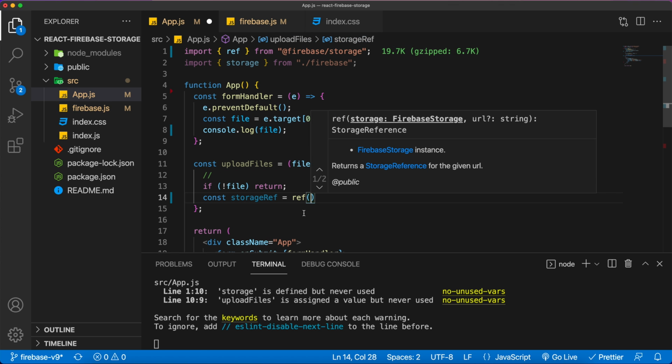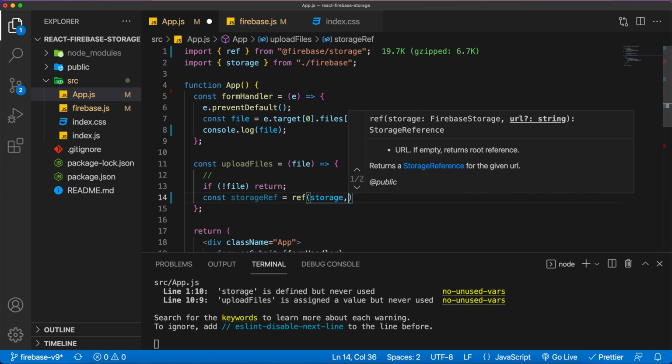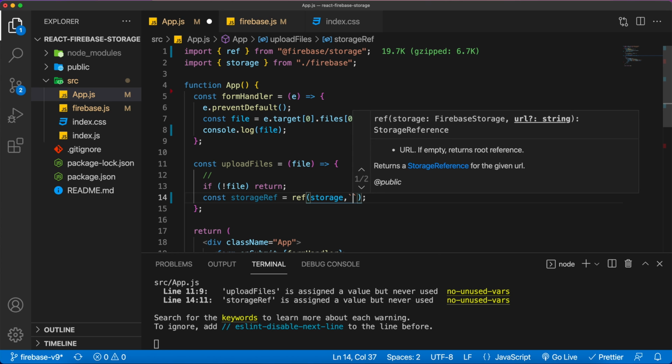Now this ref method basically requires two parameters. The first one is the storage which we created, and the second thing is the path. And this path is the location in the Firebase storage where we are exactly going to store our file. So I'm going to create a dynamic path. So our path will be something like